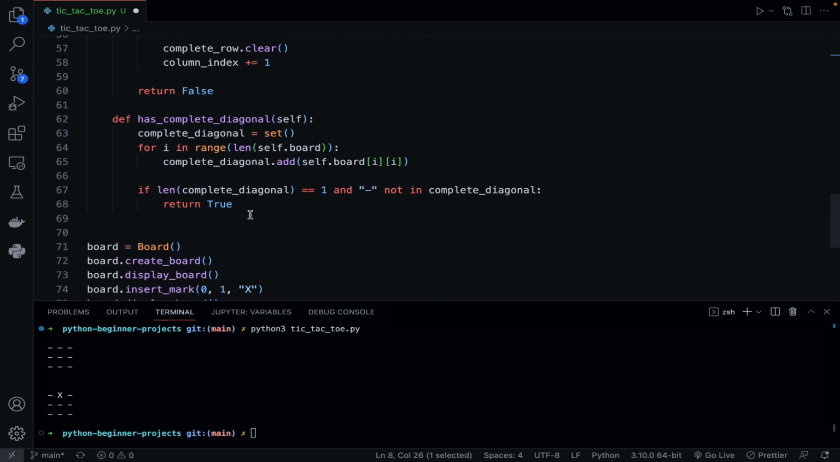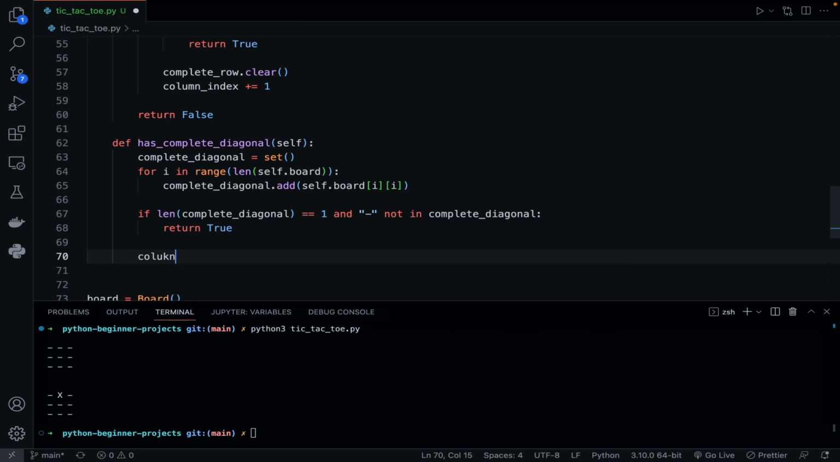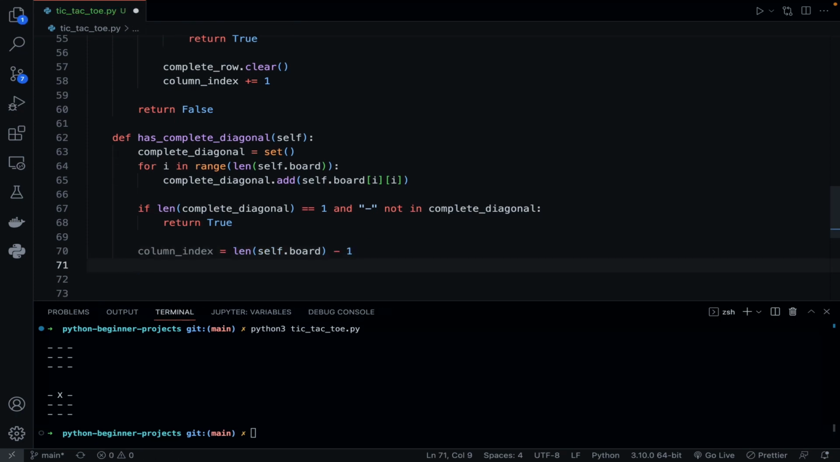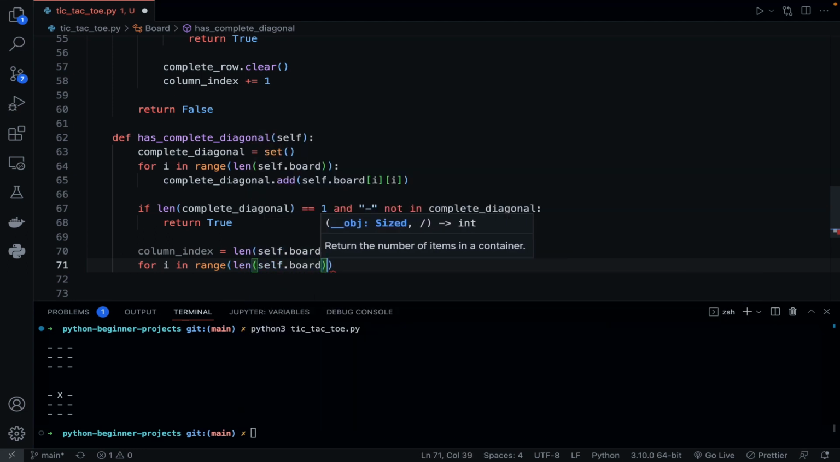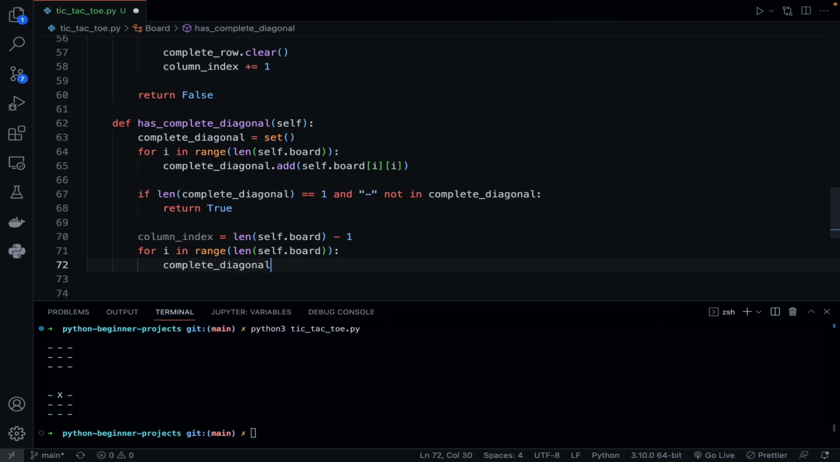So knowing that, we can use it to create our algorithm for checking the other diagonal. So for this one, we'll do something like column index equals, and we'll just set this to the length of the board, self.board, so 3, and we have to minus by 1 because we can't index by 3 because that's out of bounds. So set that to 2 in this case. And then we'll say for I in range, and then length self.board. And we'll say complete diagonal dot